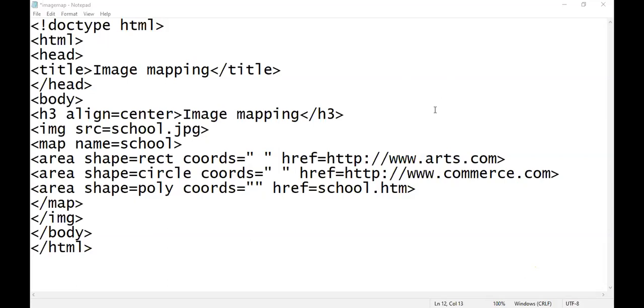Let's see who answers. No, the alt attribute is not necessary. We will give an alt attribute, but it's not the main thing. The main thing we are missing here. This program will not create image mapping ever because we are missing the main thing.